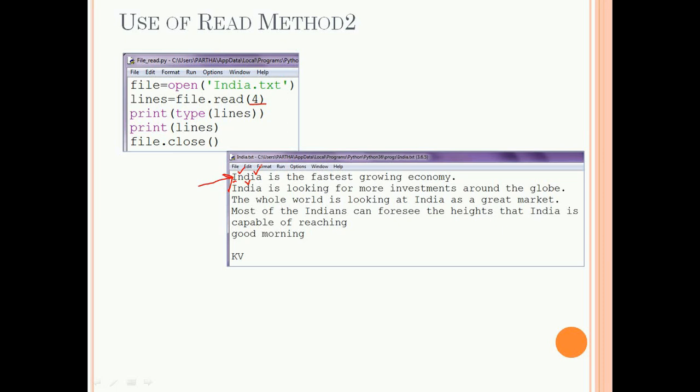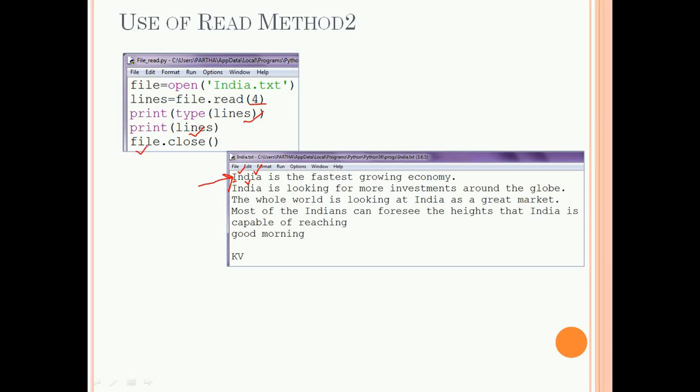So using file.read, we are fetching INDI and the variable lines will store this string, and here I am printing the data type of the variable lines. So data type will be string and here I am printing the content of the variable lines. So it will display INDI and here I am closing the file.